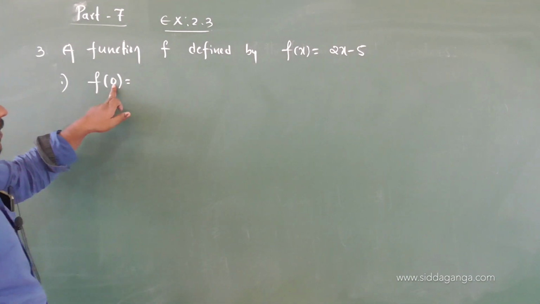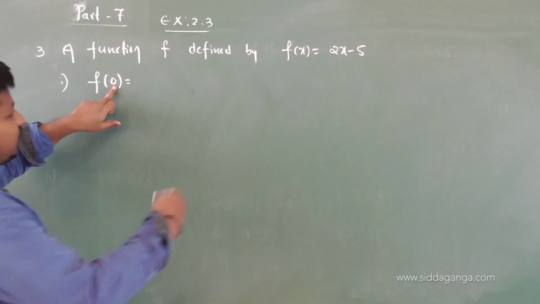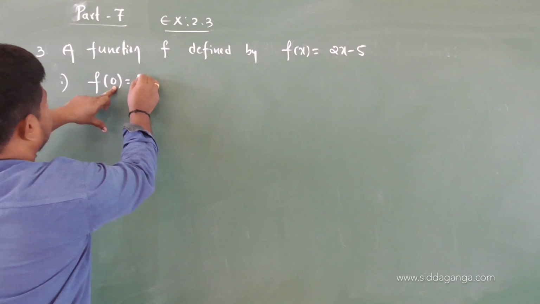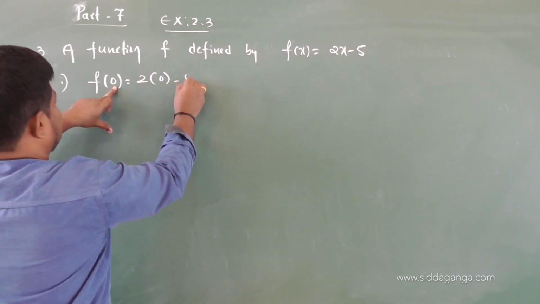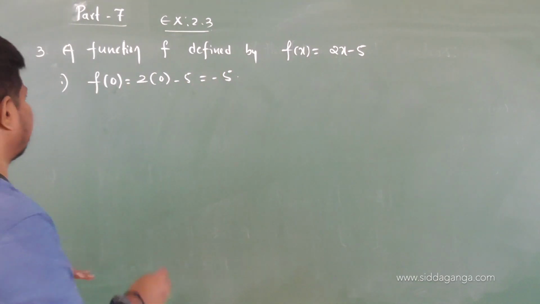You mean when x is 0, what will be the range value? That's the question. When the domain is 0, what is y? So let's substitute here. 2 into 0 minus 5, you get minus 5 as the range value. Means 0 has image minus 5. Second one,